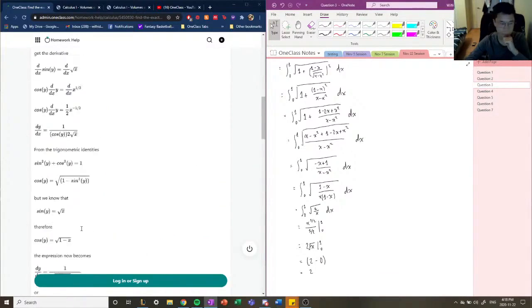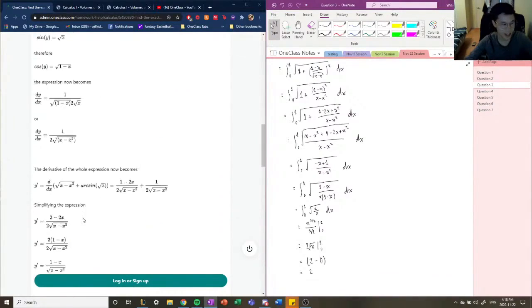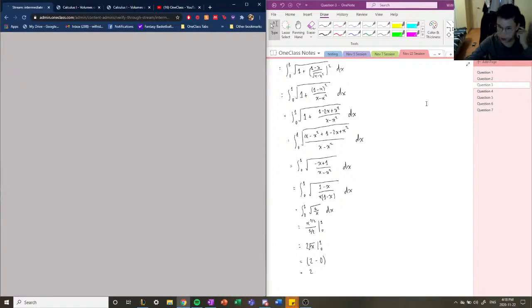Okay, cool. So that's what the junior tutor also did. So they came up with the value of 2 in the end, so this solution is correct. Okay, cool. Moving on to